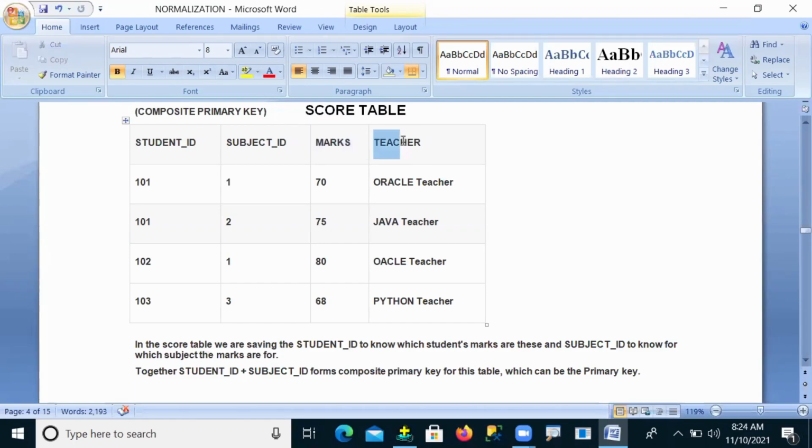But come to the teacher column. Tell me, guys, is it depending on student, or on subject, or on both? Carefully tell me.